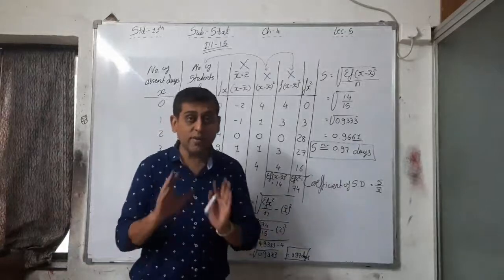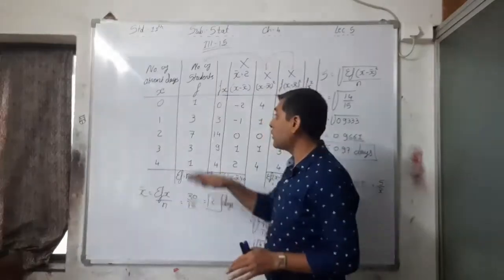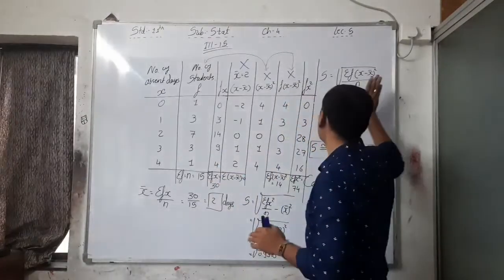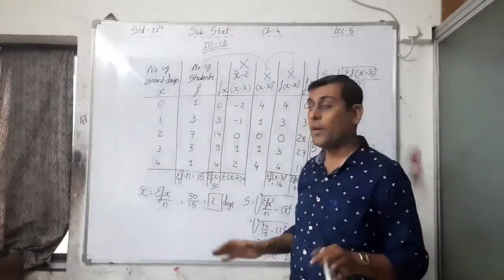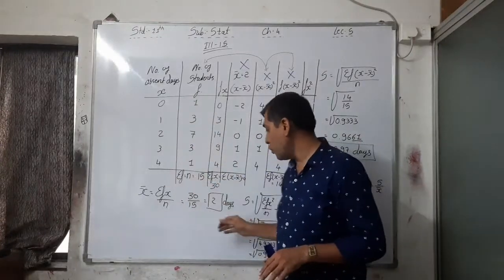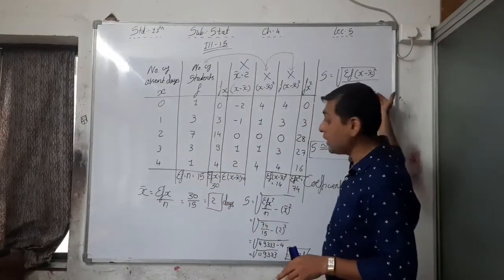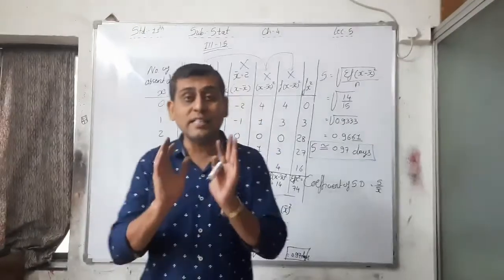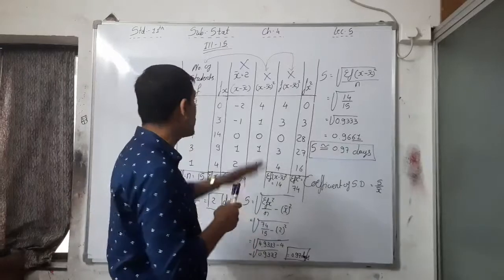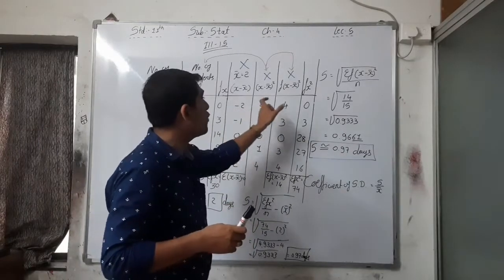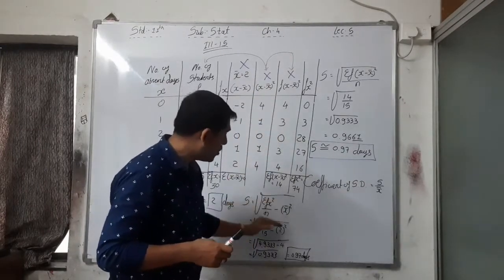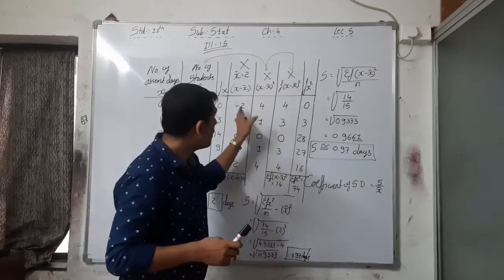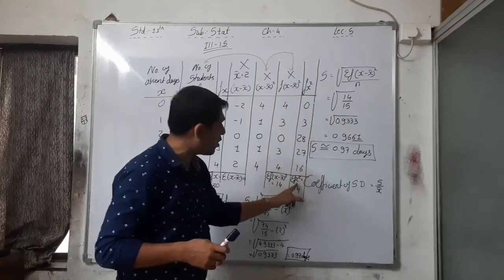Okay, so keep in mind that whenever the data, that is your observations or frequency, is high, you have to take this formula compulsorily, or whenever the data is very low, you can take this formula. You can take these also, but you can take this formula for easier calculation and time saving, because you don't have to prepare three columns for doing the sum with this formula. Other than these three, you have to prepare only one column and get the answer.